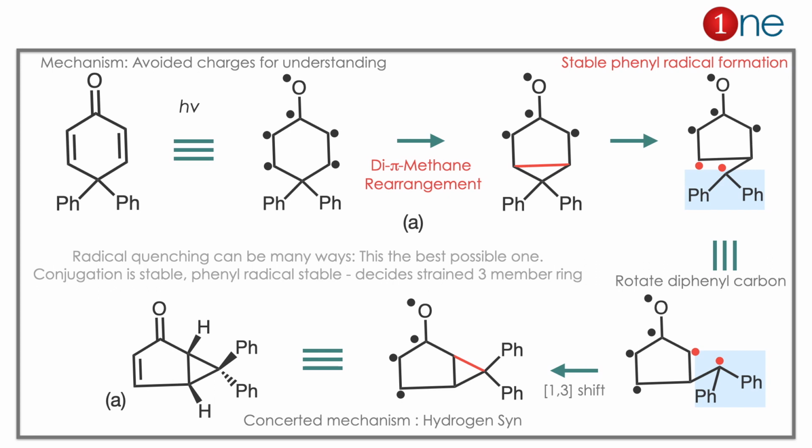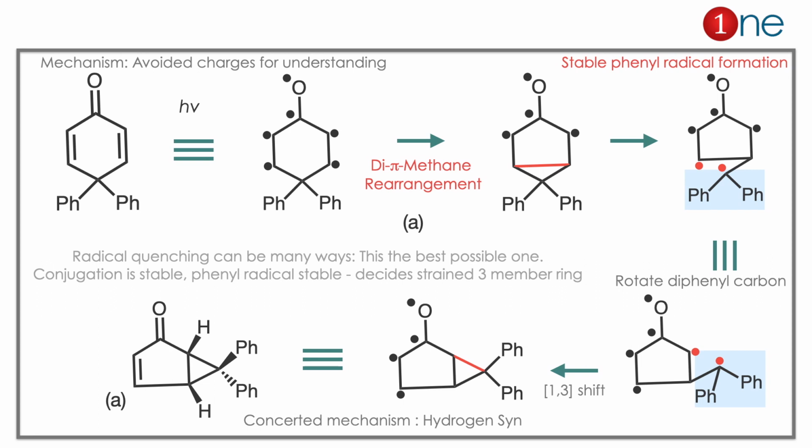Which is the possible way? The possible way is again the cyclopropane formation from a 1,3 shift. So the phenyl is changing from the first carbon to the third carbon, that is called a 1,3 shift. So if you redraw nicely, the product is A. Here the mechanism is concerted, that's why the hydrogen is above the plane, and the phenyl is just above and below, nothing else it's doing. So these are the possibilities, the answer is A.